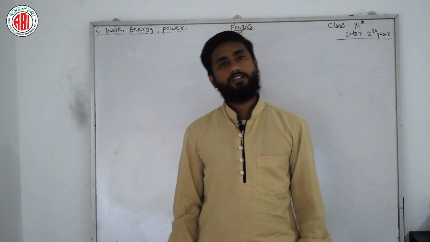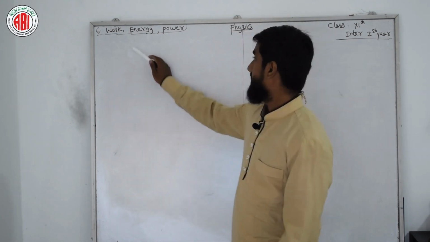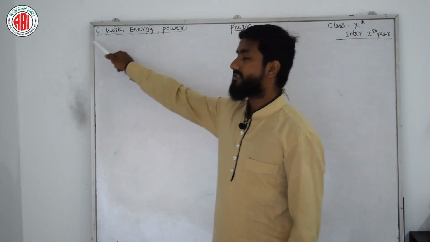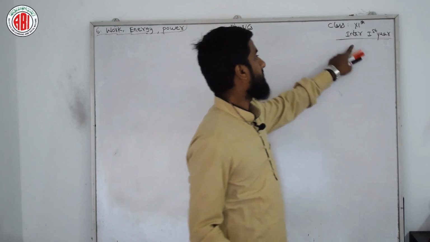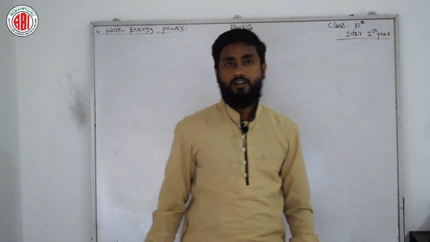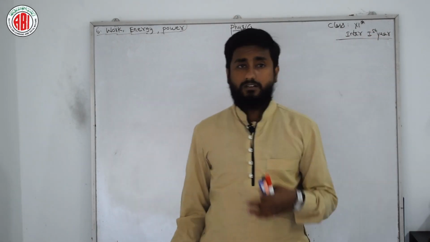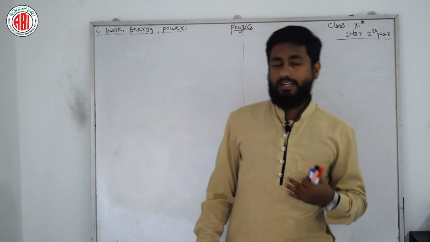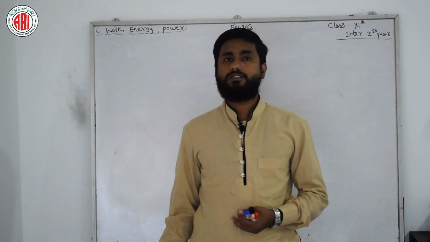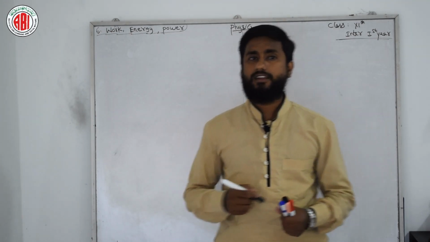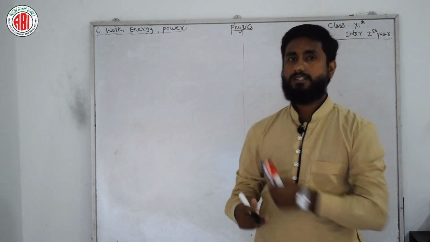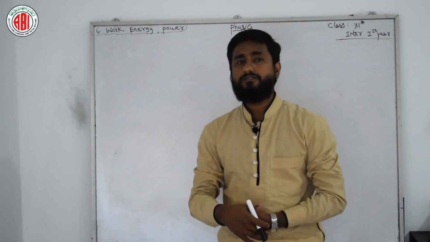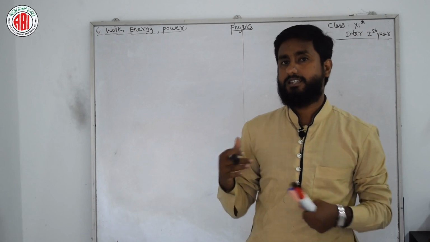Today we are continuing part number 3, Work Energy Power, Chapter number 6, Physics, Intermediate First Year or 11th class. In our previous session we worked with the elastic collision, that is one dimension elastic collision. In that we got a final equation, equation number 3. After equation number 3 we need to derive a few more things in this part.